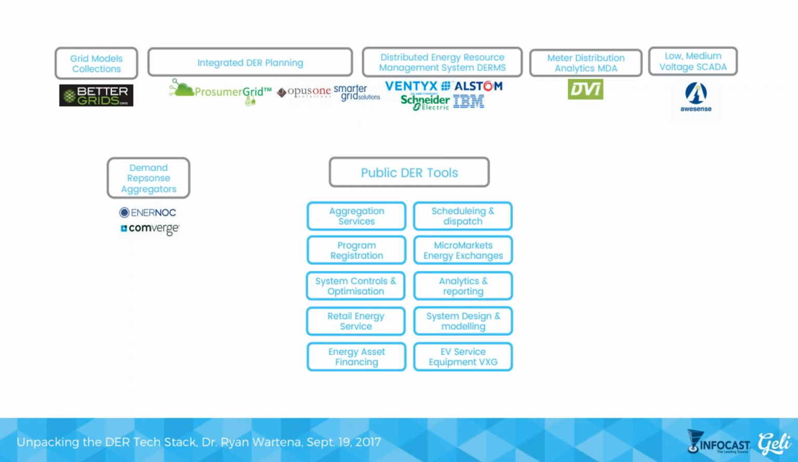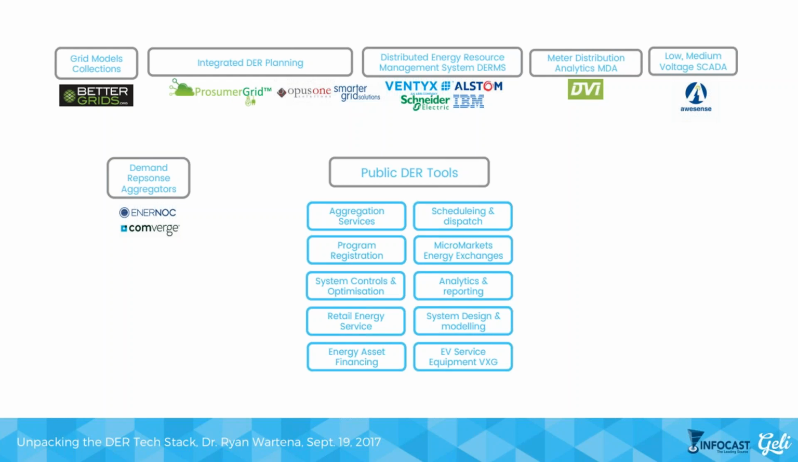We have to do actually all the same things that were happening up in the distribution and transmission grid, and really more like the transmission grid. Everywhere from aggregation services to scheduling and dispatch, program registration. If you have your EV or your energy sources and you want to be part of other programs. We've been working on some micro market energy exchanges, an interesting idea of getting automated machine-to-machine energy transactions going. We focus on system controls and optimization, but there's lots of space in analytics and reporting,